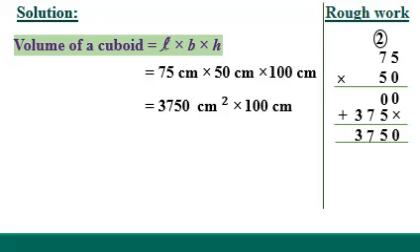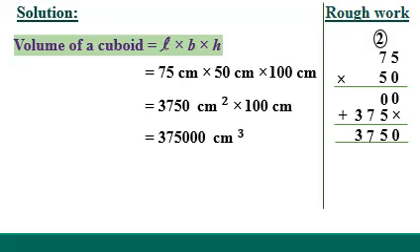Now there is no need to use rough column, as we know that in order to multiply any number by 10, 100 or 1000 or even greater number, we simply add those zeros in our number. For example, over here 3750 is written and we need to multiply it by 100. So we will add two zeros of 100 after 3750. And that will be the product of 3750 and 100. So it will now become